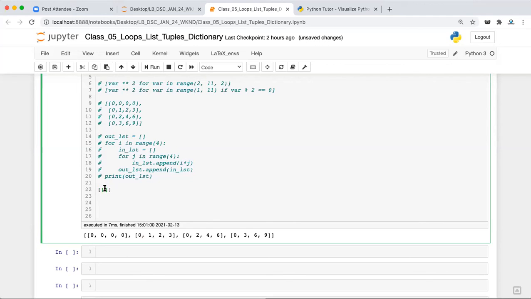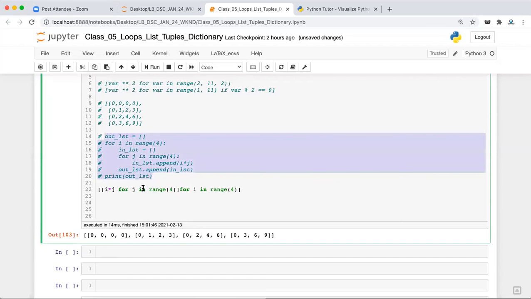So in the outer list we want to run the loop 4 times, and then inside the inner list we'll again run the j loop for 4 times. So range 4. Okay, and then the expression is i into j. So we'll be writing i into j. Okay, that will be giving me the same result. Fine. Now you'll see that the same thing we have done in a single